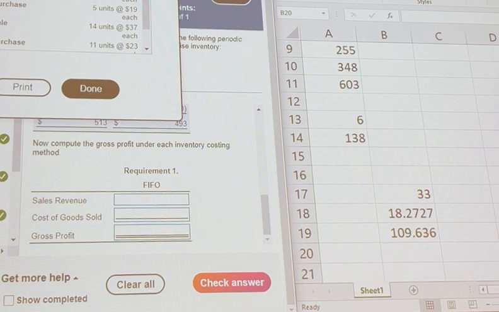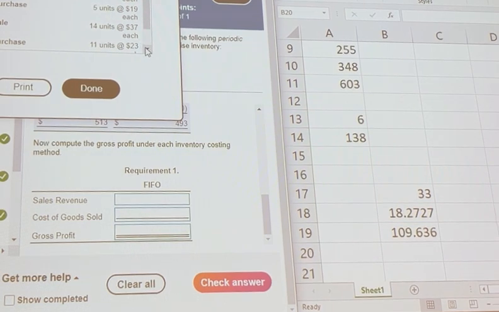Now we're supposed to calculate the gross profit for each method. And sometimes with these problems, students get stuck on this because they don't see where the sales revenue comes from. So to figure out the sales revenue, it's going to be the same regardless of which inventory costing method we're using,